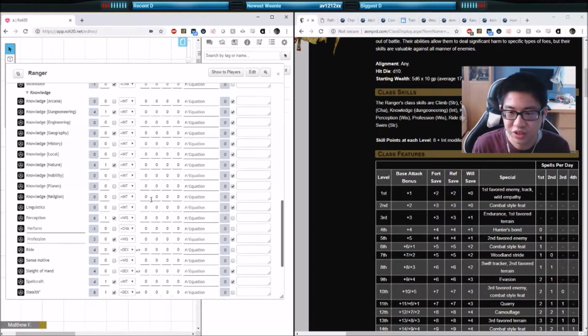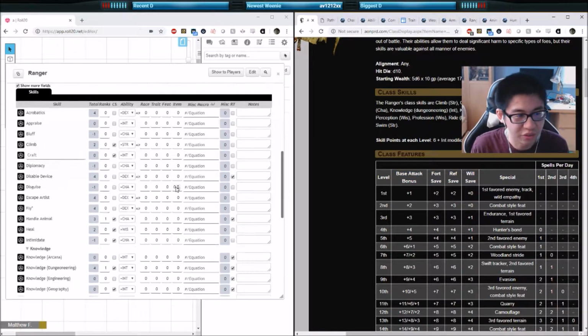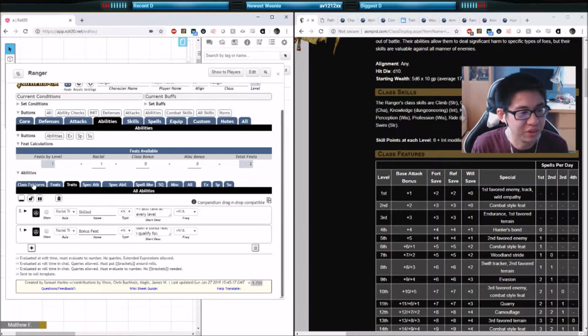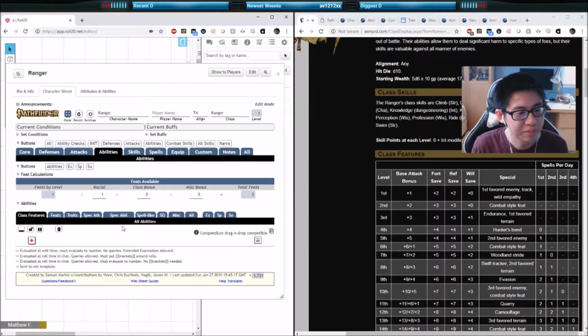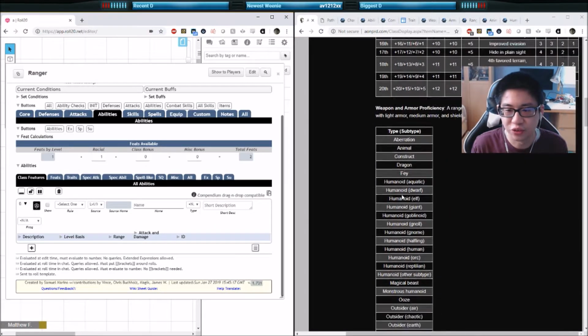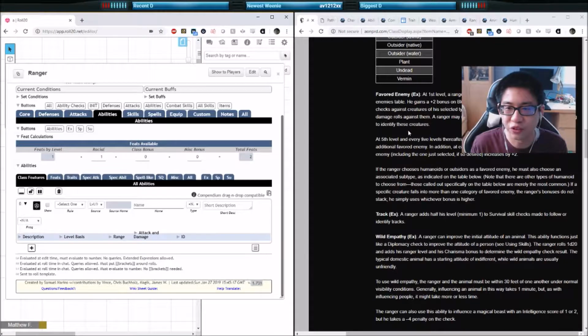And speaking of which, let's go into the special abilities of the Ranger. So let's go into abilities and let's go over to class features. The first one that we get is our first favored enemy. So at first level, a Ranger selects a creature type from the Ranger favored enemies table. He gains a +2 on Bluff, Knowledge, Perception, Sense Motive, and Survival checks against creatures of his selected type. In addition to that, he gets a +2 bonus, and here's the breadwinner, +2 bonus on attack rolls and damage